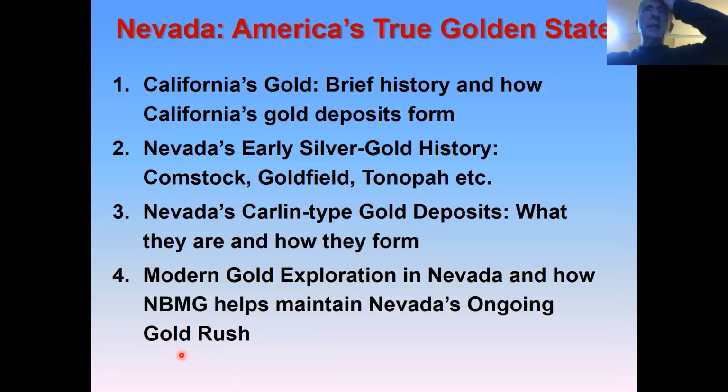So California, well, I would do just outlining California's gold, a brief history. I'll talk about it briefly, and how California's gold deposits form. And then I'll talk about Nevada's early silver gold history in epithermal deposits, namely the Comstock Lode, Goldfield, and Tonopah